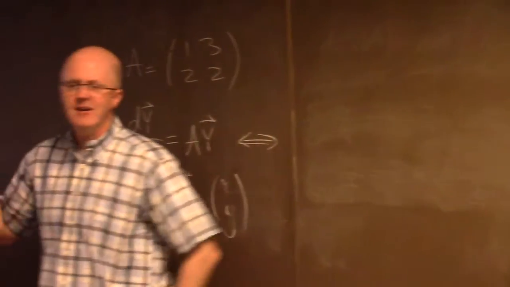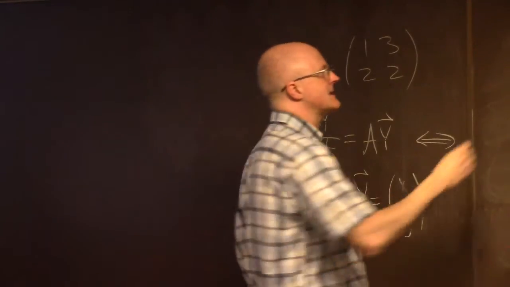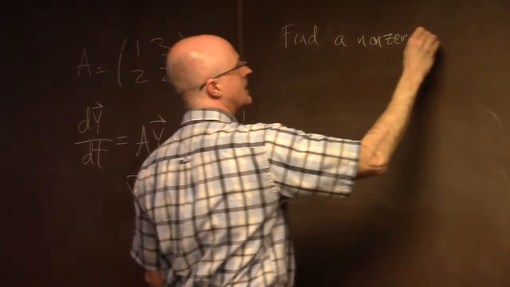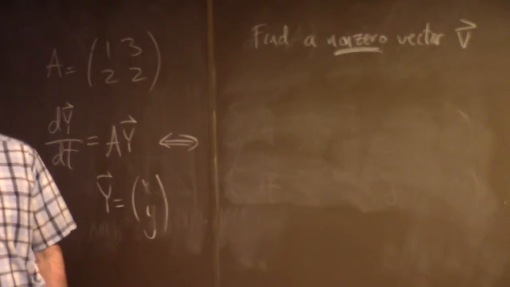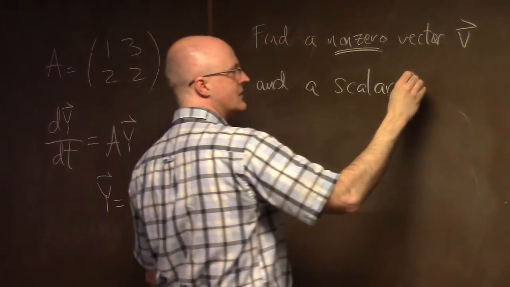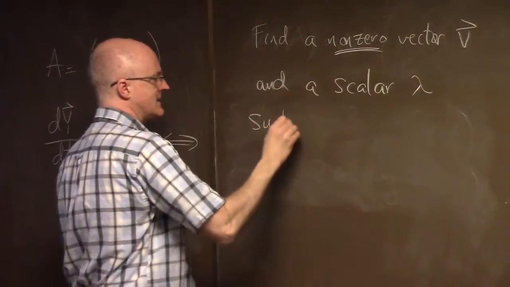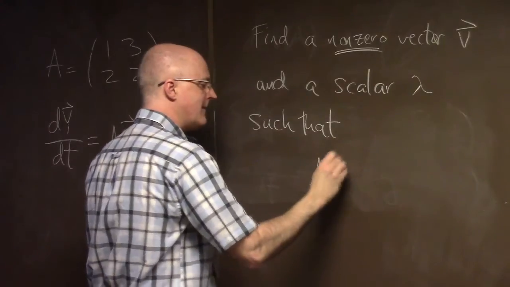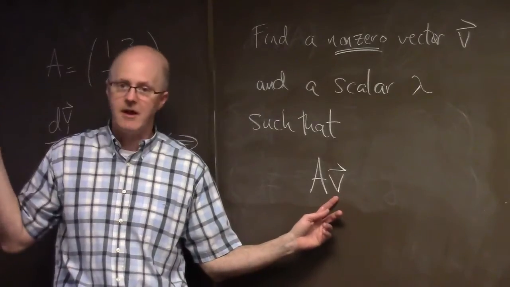What I'm really after, if I'm going to algebraically solve for these lines, one of which does seem to be the line y equals x, is I really want to find a non-zero vector v, must be non-zero vector, and a scalar, a number, traditionally called lambda in this context, such that what happens? Think about it in terms of the vector field. The output of the vector field at the point v, which really means corresponding to the position vector for v, the green arrow,